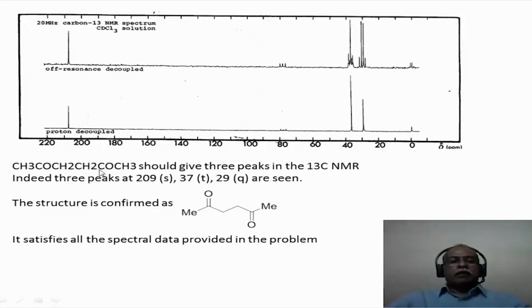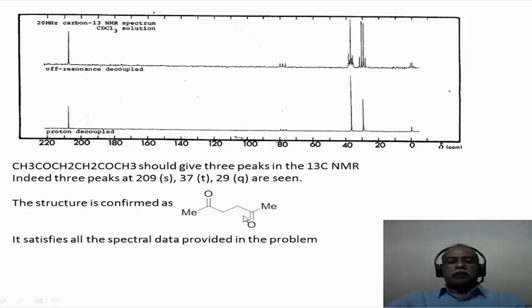This molecule being symmetrical, you should see only 3 signals in the carbon-13 spectrum: the CH3, CO, and CH2 signals. In fact, the CO is seen around 209 ppm or so as a singlet in the half resonance spectrum, which would correspond to a ketonic compound. Then comes the peak around 38 ppm or so, which corresponds to the CH2, a triplet in the half resonance spectrum. The terminal CH3 comes around 29 ppm or so, which is a quartet in the half resonance spectrum. These three lines that you see are because of the CDCl3 signal, the solvent carbon, coming around 77 ppm or so.